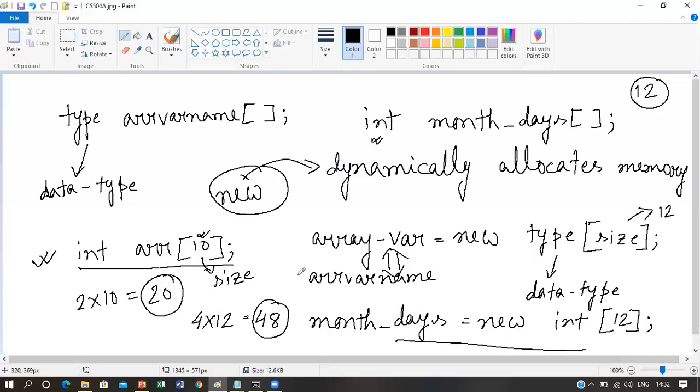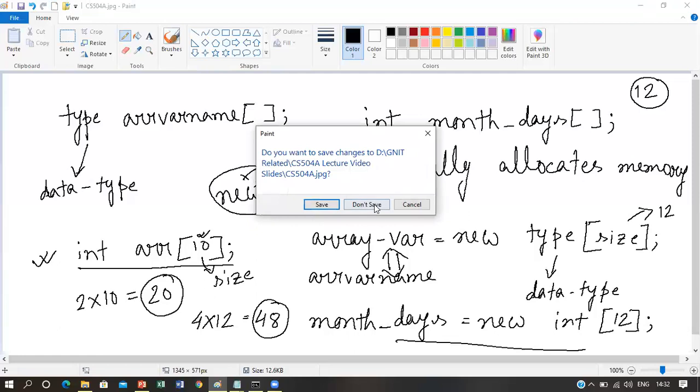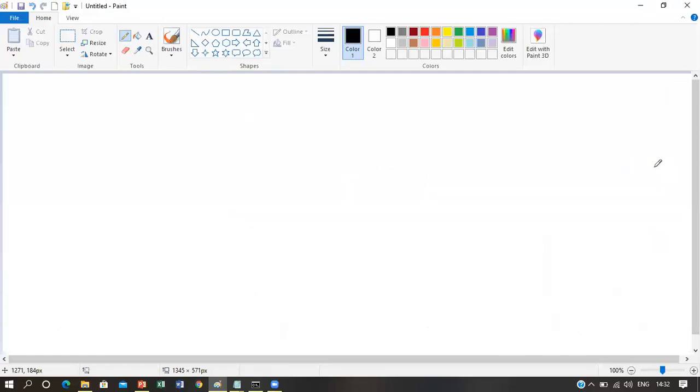So why is it static and why is it dynamic? The fact is that, let us go to a new page. Suppose 48 bytes of memory has been allocated for 12 integers.